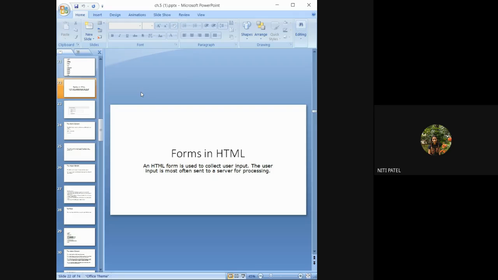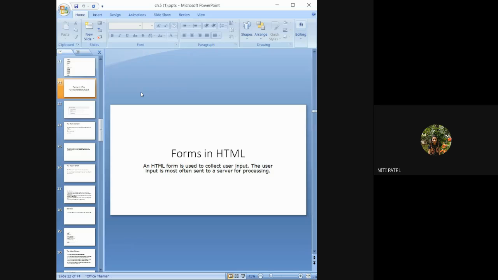Now what do you mean by a form? It is nothing but a way of collecting an input from a user. Now all of us, when you started taking admission after your SSC in diploma, had filled some forms. Some of you have filled college forms, some of you filled DTE forms, some of you have filled both the forms. So what was that form? It is nothing but the way of collecting an input from a user.